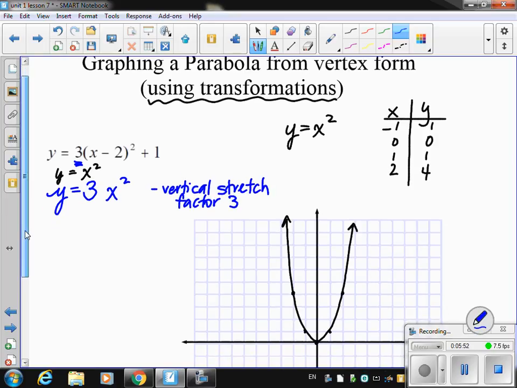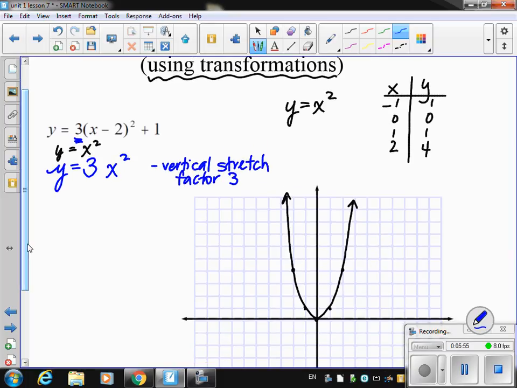I'm going to take my original parabola, which has not been moved left or right, up or down yet, so it has the vertex 0, 0. And instead of over 1, up 1 for the next points, I go over 1, up 3, both to the right and to the left. Instead of over 2, up 4, I'm going to go over 2, up 12, about there in both directions. I cannot squeeze any more than that, but you should see a parabola that has been stretched 3 times the